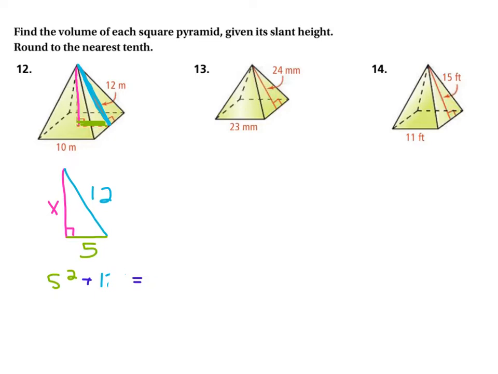So let's get rid of those 2 marks, put them in the right place. Okay, we've got 5 squared plus x squared equals 12 squared. So we've got then 25 plus x squared equals 144. And if we then subtract 25 from both sides,